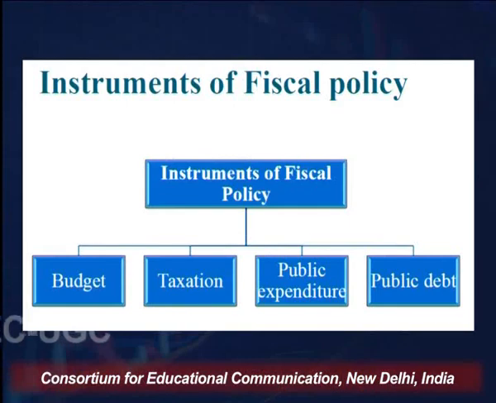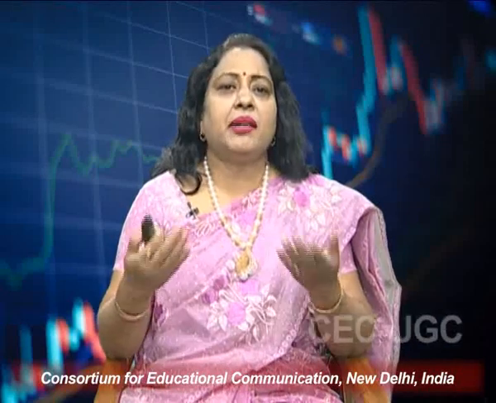Now another instrument is public expenditure. The government may increase or reduce its expenditure depending upon the situation and the objective preferences of the government at that time. If we look at the present situation of the Indian economy, the government needs to target the growth rate. They are also increasing their expenditure because they want to generate more employment. Due to COVID, there was an adverse impact on the income level of the public. Therefore, government expenditure is increasing.